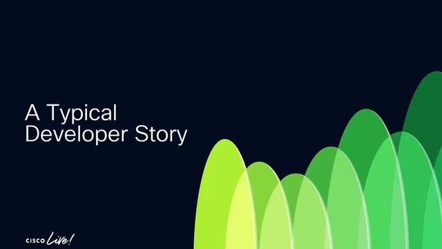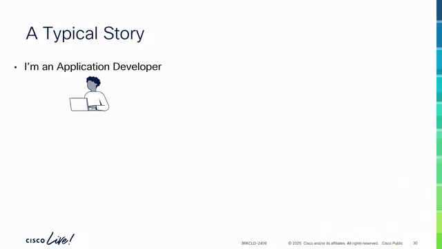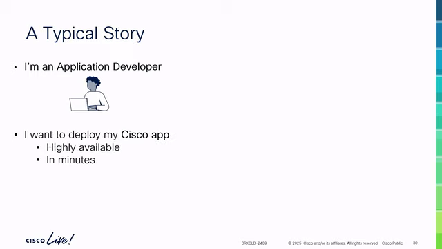So yeah, we have been talking about developers, application, infrastructure teams. Let me put some color and some faces to all of this, right? A typical story that we have seen at home between us, and also we have been told this by many customers, like, let's say this person is our typical developer. That could be me any given day, fighting with Matt, or the other way around, depending on the day. And again, I want to deploy my application. I want it to be highly available, as fast as possible, as simple as possible. Don't ask me questions, just please help me.